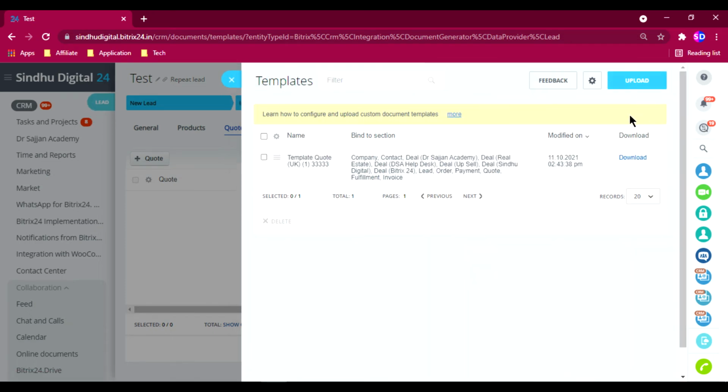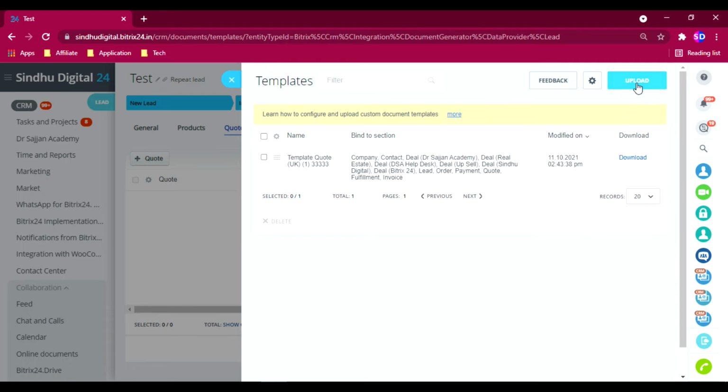If we don't want these default templates, you can open MS Word and create your own templates. As you can see, I have already downloaded and edited some of the things, added some of the fields to the templates. So this is one. How to upload a template?